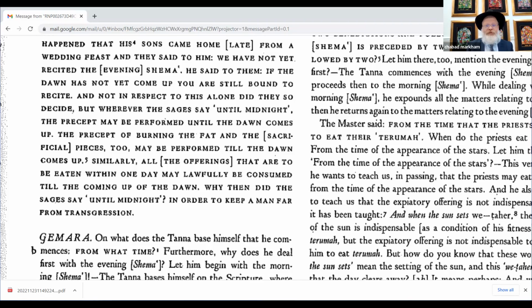Now we're going to look momentarily. I want you to get a little feel for the Mishnah, and then what the Gemara does, but also what Rashi does and what Tosfos does, and what the debates are that go on. So I'm going to show you a little bit here shortly, a little back and forth from Rashi and Tosfos. So we're going to look inside the commentaries on both sides.